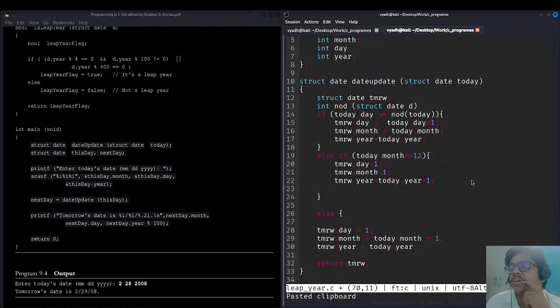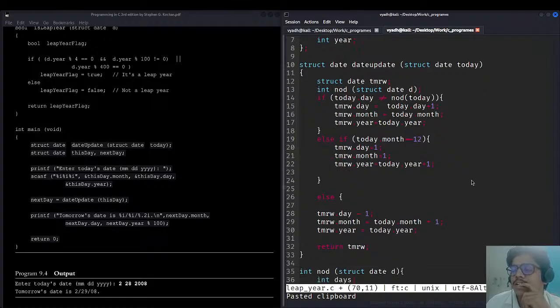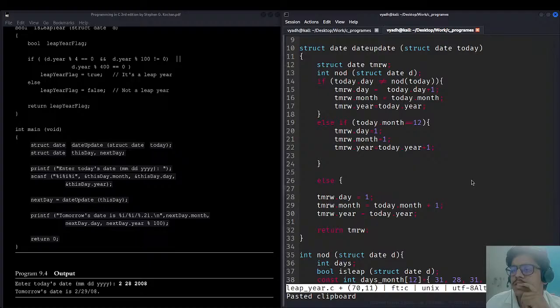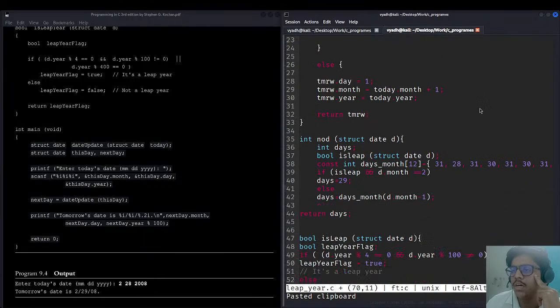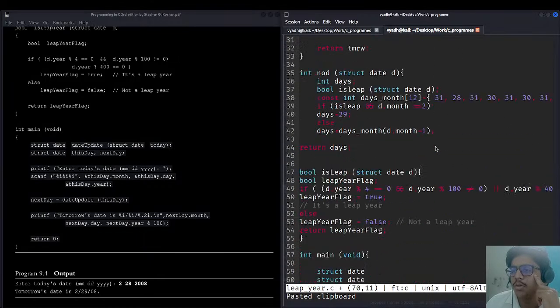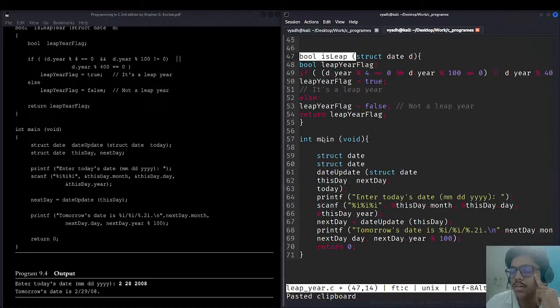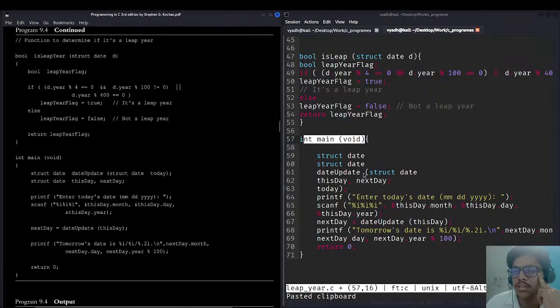स्ट्रक्ट डेट, डेट अपडेट हो गया, ठीक है। ये तो कॉन्सेप्ट हो गया डेट को अपडेट करने का। फिर ये काउंटिंग द नंबर ऑफ डेज, और फिर स्पेशल हमने यहाँ पे एरर हैंडलिंग किया लीप ईयर का, और इसको यहाँ पे डिफाइन किया। उसके बाद वी हैव मेड अ मेन फंक्शन हेयर, स्ट्रक्ट डेट, दो बार स्ट्रक्ट डेट क्यों है भाई? अच्छा, ठीक है। डेट अपडेट स्ट्रक्ट टुडे, यहाँ से ये गलत हुआ है।